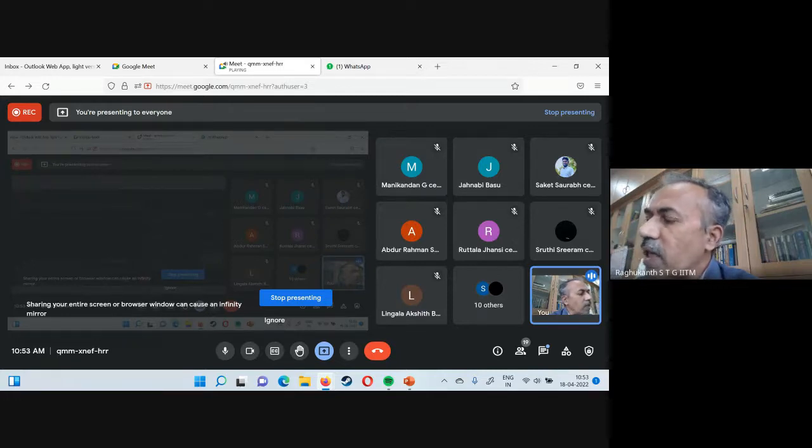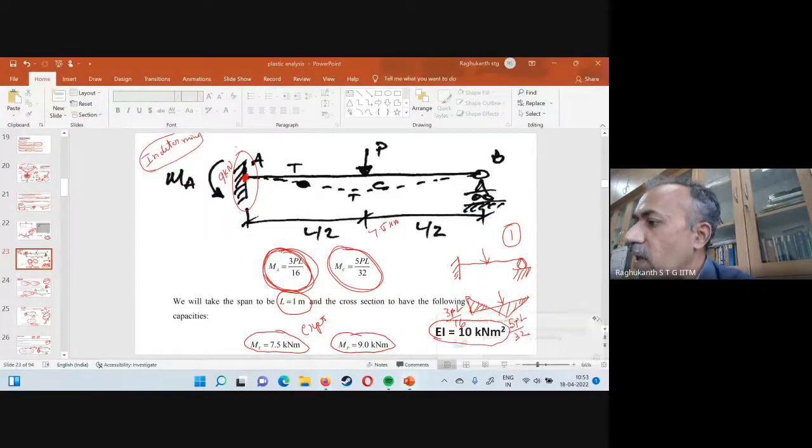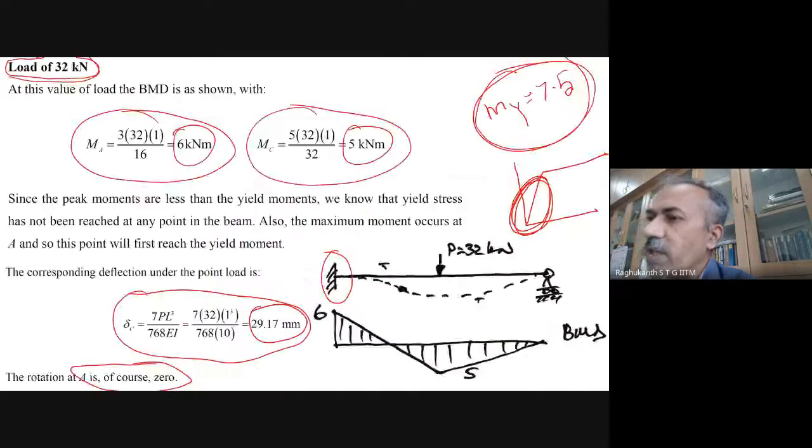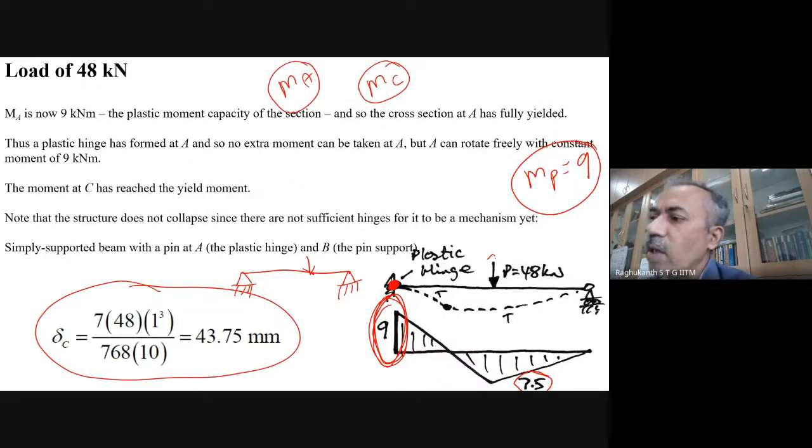Now in our plastic analysis, I already told you in the assumptions that once a certain place has become plastic, it has been plastified, that place will not take any more load at all. The whole load will be taken by the remaining portion of the beam itself. That is our main assumption. So now, because it has plastified, still it can take some more load, but